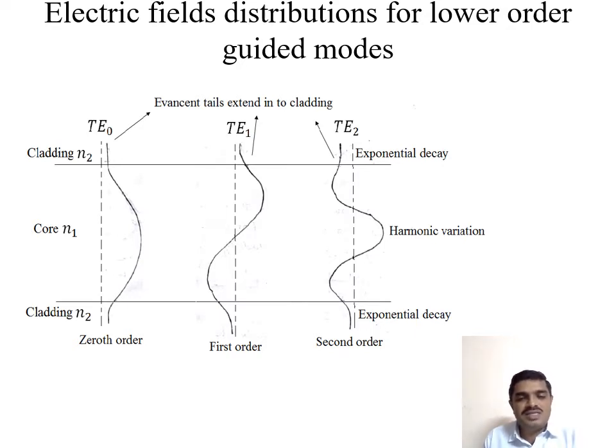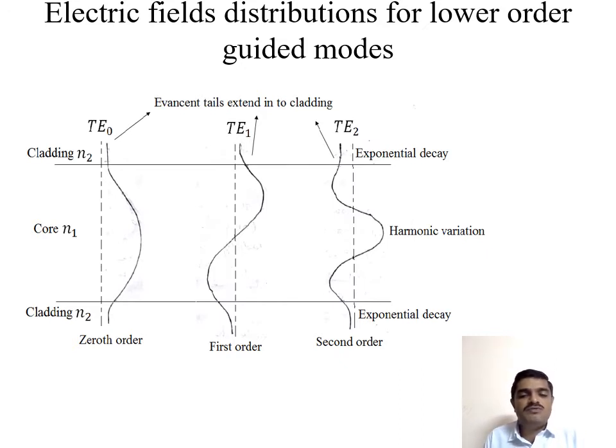Among these three, the zeroth order is the lower order mode. The majority of the signal, maximum 99% of the signal, is tightly confined, well fitted, tightly concentrated in the core region N1 alone. That is the specialty of the lower order mode. In the lower order mode, there are no losses present in the propagation.